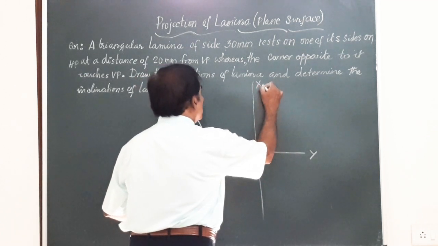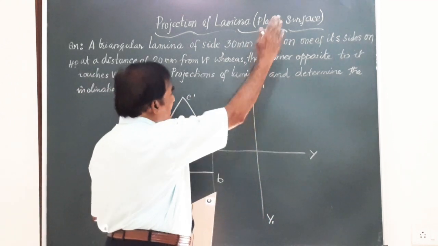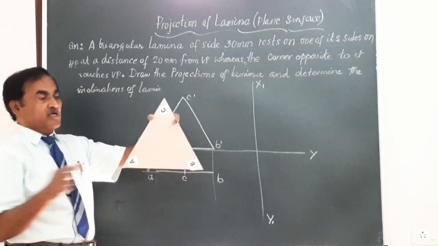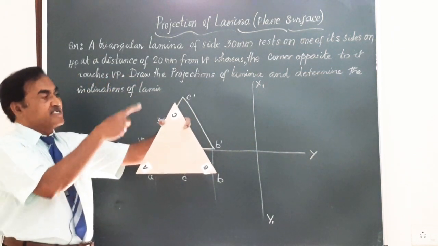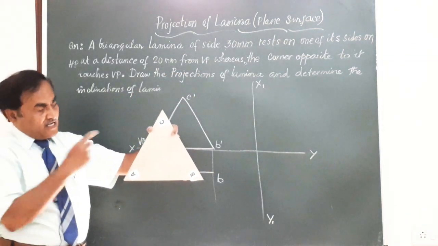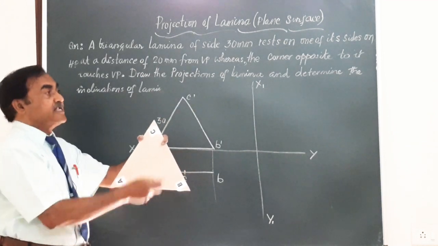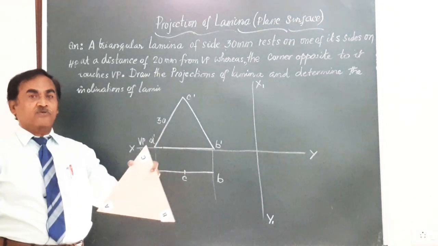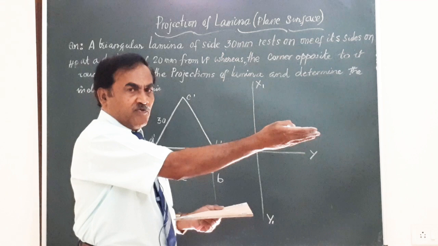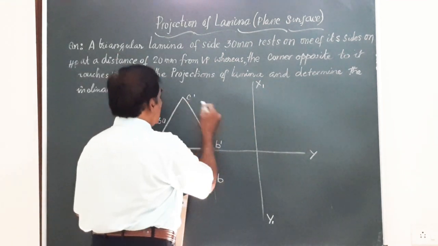So this X2, X1, Y1 will give you the line of intersection of VP and the right profile plane. So the observer is looking from this side and is getting this line on the right profile plane. That is, the left end view of this is obtained on the right profile plane. Similarly, if he sees from there, he will get the other. So it is always, in the end view, the left end view is obtained on the right profile plane and vice versa. So here friends, I am going to get a line here.